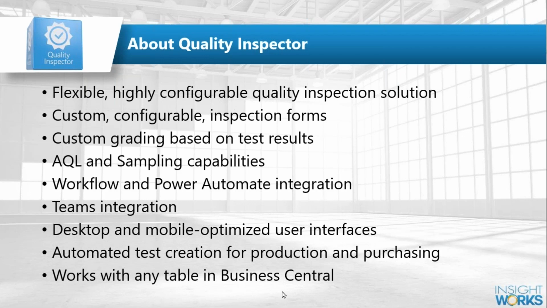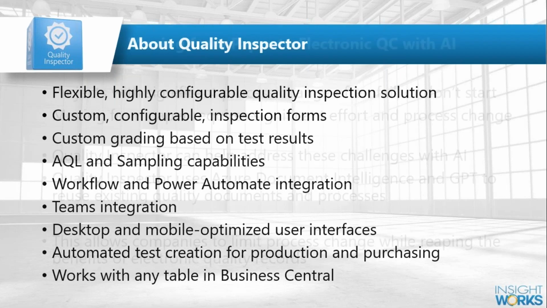That includes sales, like a pre-shipment checklist, and if that checklist fails, like I didn't include the warranty card or the serial number tag is missing, you can prevent that sales order from shipping. Or I want to do a test on a fixed asset or a person or a custom table, a rental return, or whatever you want to do. You can create those quality inspections on anything within the system, and without any coding, add custom buttons to execute tests and look up tests and all those sorts of things right from within Business Central.